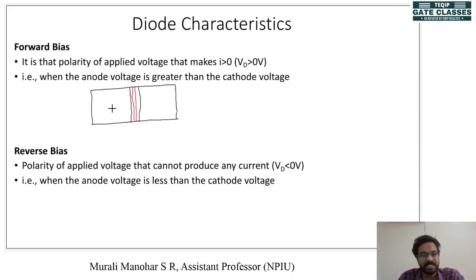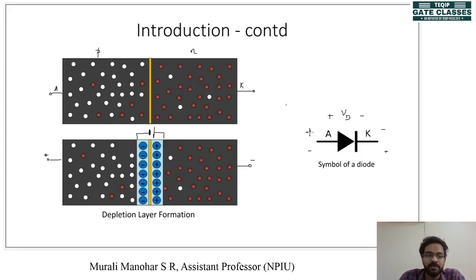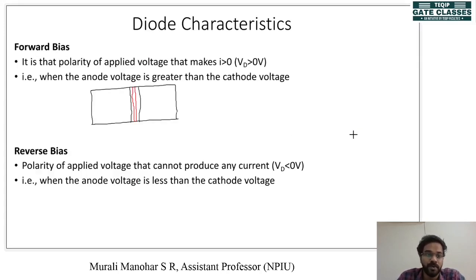Okay, so when I say that we give a positive potential to the p-type, or we give a positive potential to the anode and negative potential to the cathode, what I really mean is that in forward bias, the anode potential should be more positive than the cathode potential. We can actually give two positive potentials to these two terminals. That is, we can give 5 volt here and 3 volt here. So that makes the anode more positive than the cathode. So this corresponds to forward bias.